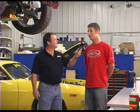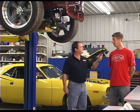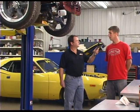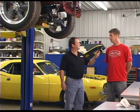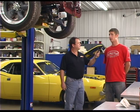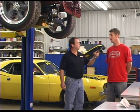Right now we're up to 5 buildings, 35,000 square feet. We have 45 projects ongoing right now, so it takes 15 guys working full time, 40 hours a week, to take these cars from start to finish. That's excellent. It takes a lot of manpower and a lot of attention to detail. We're nationally recognized as one of the premier restoration shops in the country, and